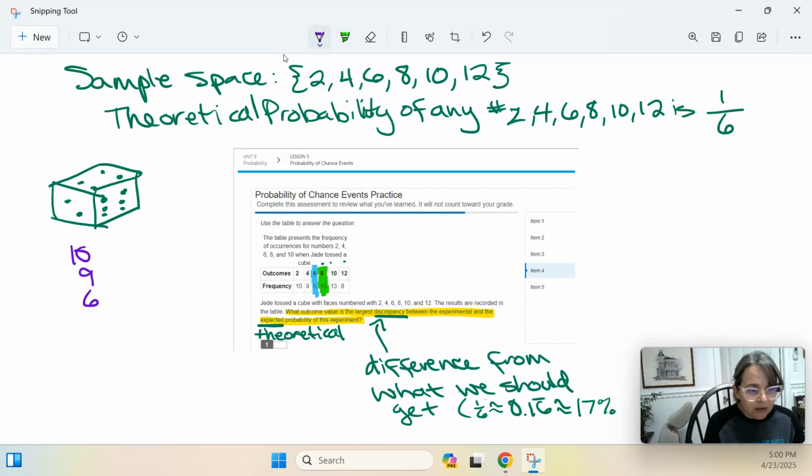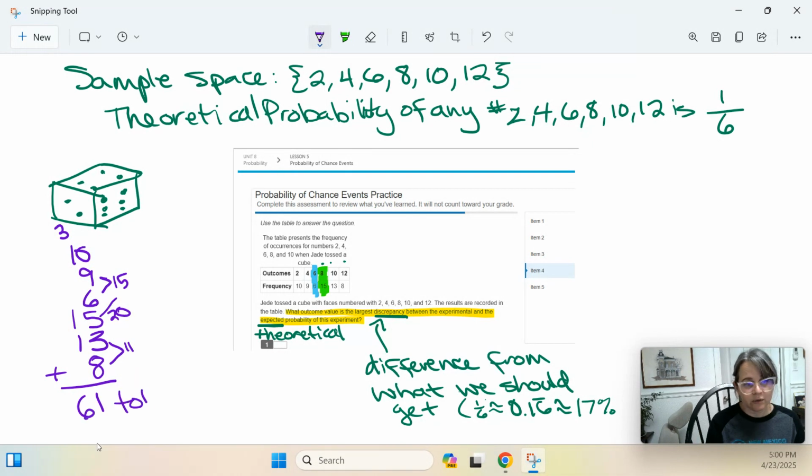10, 9, 6, 15, 13, and 8. If I add these together, all of these frequencies, I'll get the total number of rolls. So let me take a look here. 9 plus 6 is 15. You could just do this on a calculator. I probably should do it on a calculator because I might make a mistake. 8, 9, 10, 11. So 20 and 11 would be 31. Carry the 3. 3, 4, 5, 6. 61 total